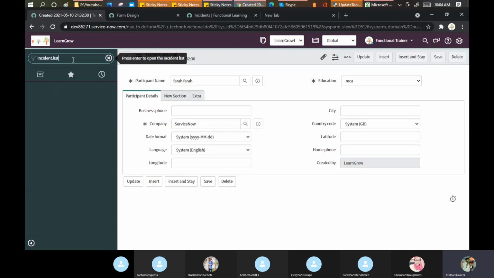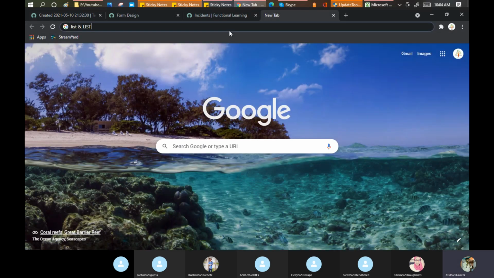Incident.list, and if I press enter, what will happen? Number one. Second, if I mention this and press enter, what will happen? Try this. This is one of the questions that can be asked in an interview: what is the difference between this LIST and this LIST. Do this R&D, then you will come to know a good thing.